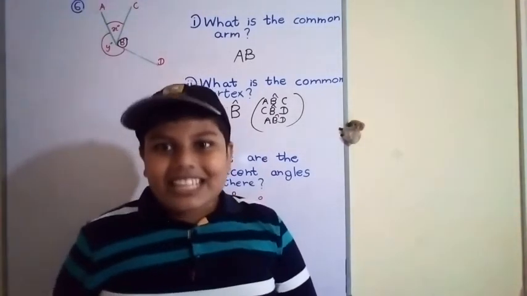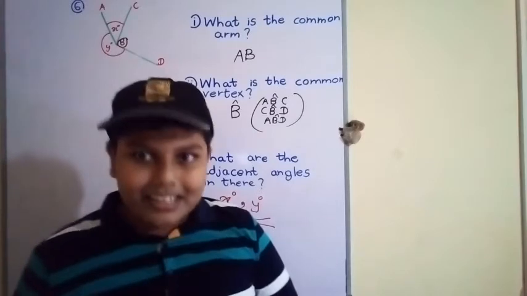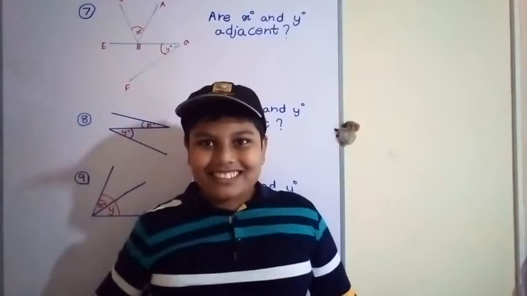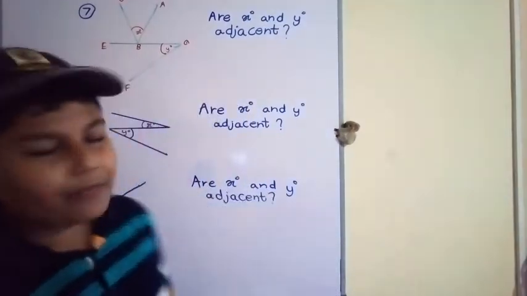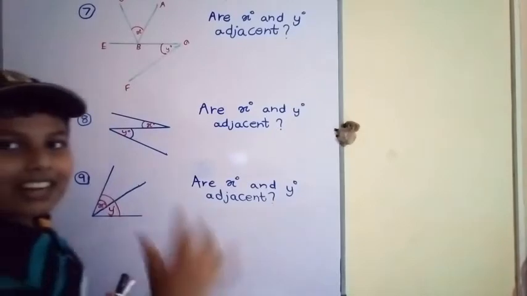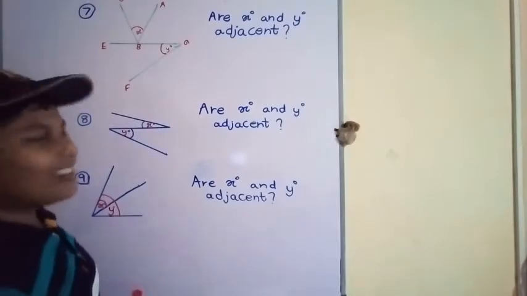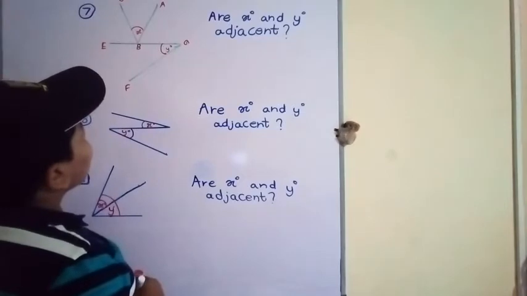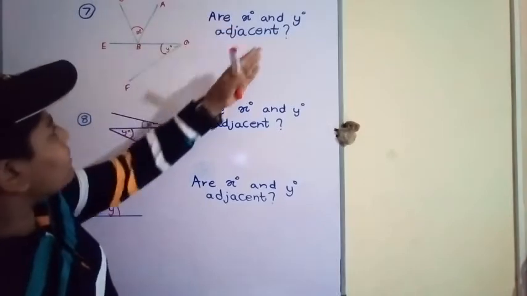Okay guys, let's move to the 7th question in this questions collection. This is your 7th question in this questions collection. 7th question, 8th question and 9th question also have. 7, 8, 9 questions, right? Now these are small questions. The 7th question, there I have a figure OAB, EB, GF. Like that.